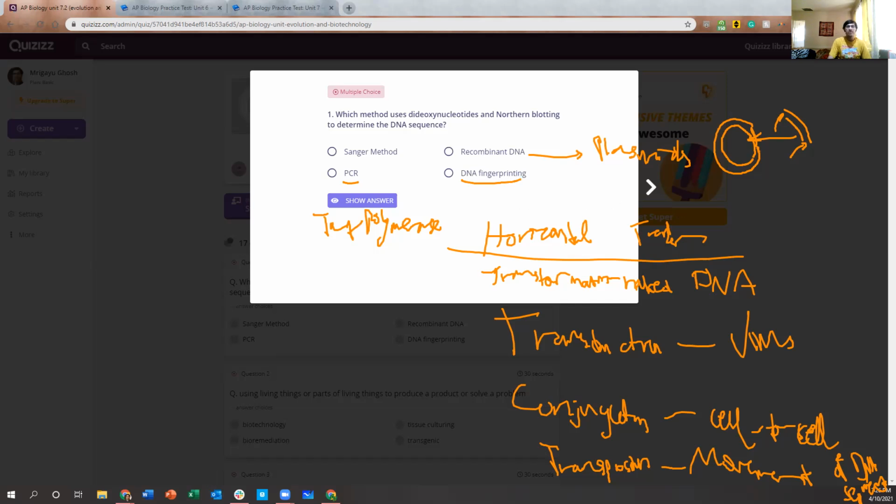To my knowledge, DNA fingerprinting is done through gel electrophoresis, where we load DNA into the wells. Here's what we have to remember with gel electrophoresis: the negative terminal is close to the DNA initially, and the positive terminal is on the other side. The reason is that DNA is negatively charged. So if we start the current,